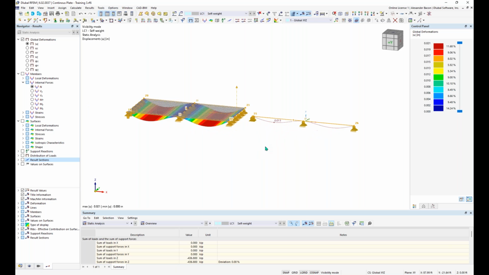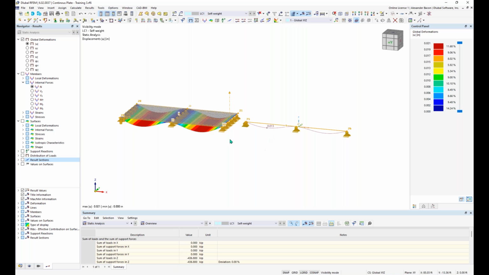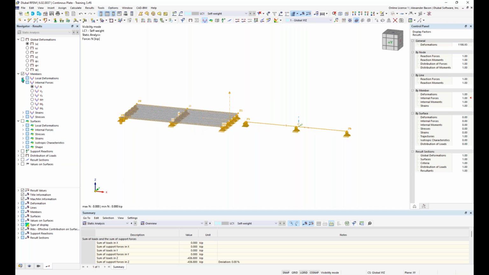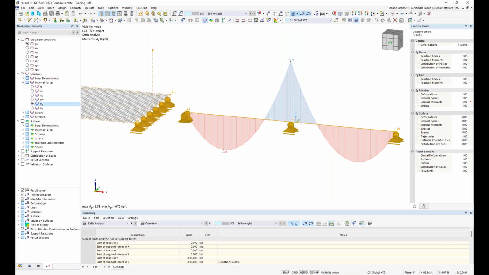So now we have an even cleaner look. And we can turn on internal forces of our member here, which will turn off global deformations. And then if I turn on the results for members, then under the internal forces here, obviously we're not going to have any axial forces because we just have a beam here. So we would want to look at the moments, and you can see I chose M and Y, which is the moments, the moment about the local x-axis,